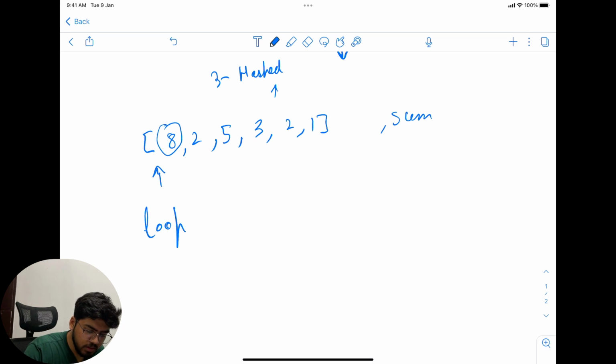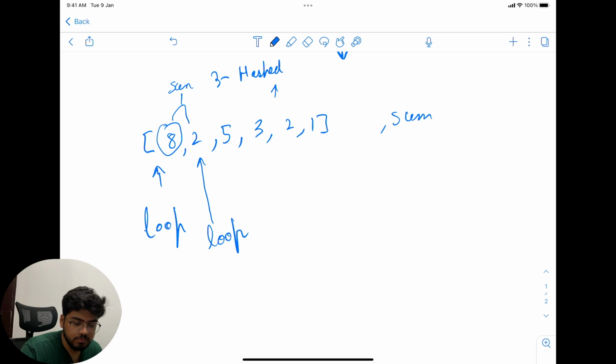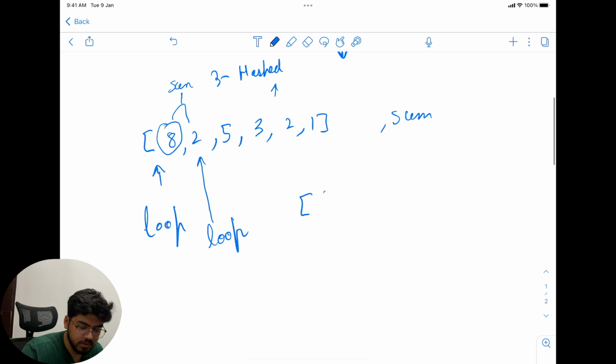Now I'll introduce another loop, and that loop will loop from the next element. Right now we are lucky that we have the pair of the sum in the first go, but it can be like 8, 5, 6, 7, 2.